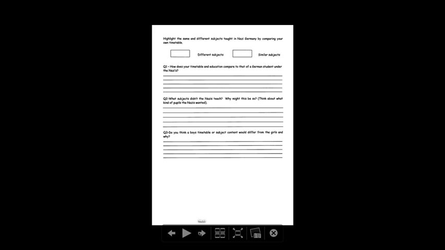And to help here, you'll see that it's the arts that are missing, the humanities that are missing. Any subject that was generating an opinion or an idea that might be contrary to the Nazis had no place in their curriculum. The purpose of education was to create Nazis, not people who would question and challenge them. In question 3, do you think a boy's timetable or subject content would differ from the girls and why? Well, obviously they've learnt that the boys' timetable was more physical. Whereas girls were drilled to become mothers and housewives, the boys were always being drilled to become the leaders and the soldiers in Germany.